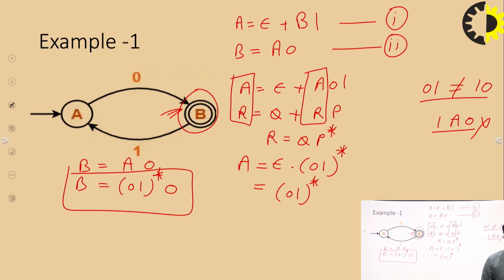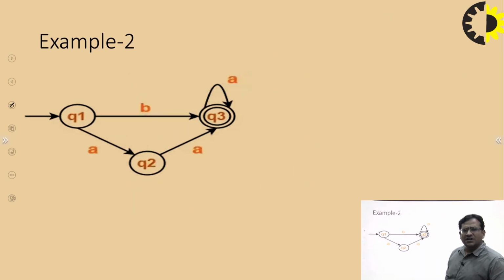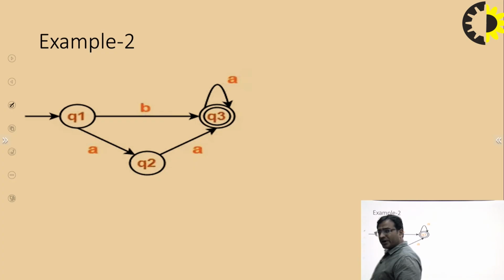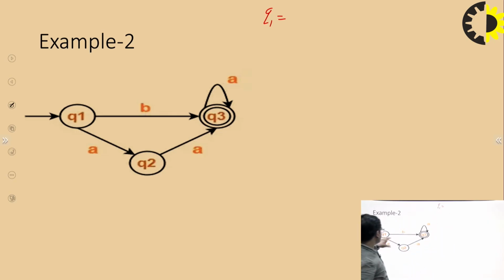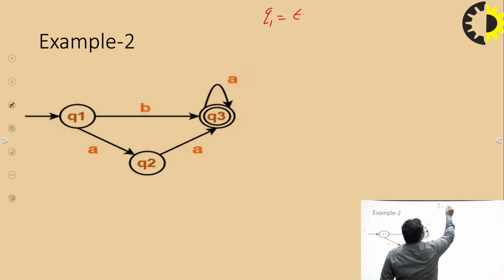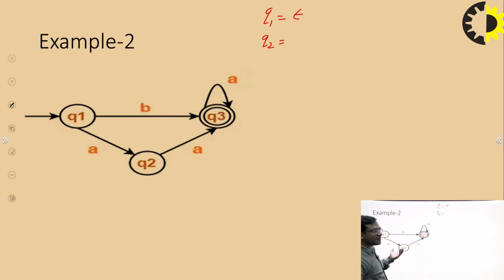Okay, let me do one more question. For example 2, this is a finite automata. So in each step, we are going to write equations. For the equation, we can just write Q1 is equal to, how many incoming edges are here? There is no incoming edge on Q1. So what do we have to write here? Null. Then Q2 is equal to, how many incoming edges are here? Only one, which is coming from Q1. So that is